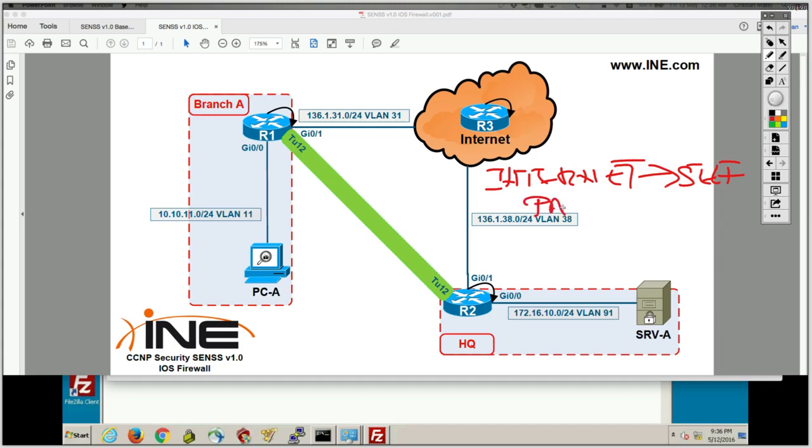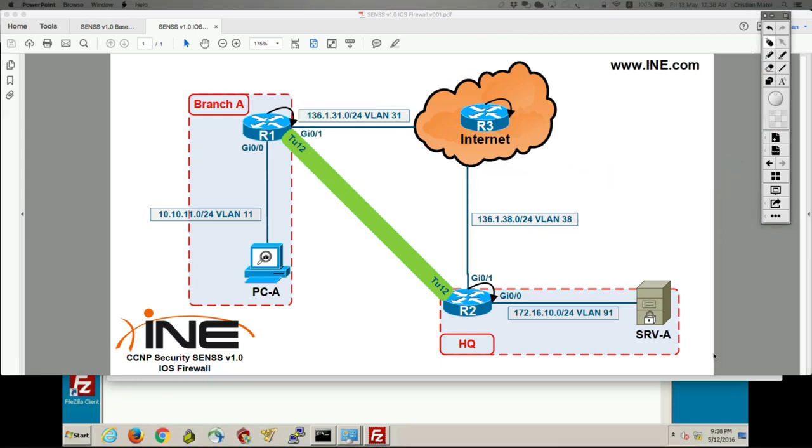I'm going to pass telnet traffic, or of course let's use SSH. So I want the router to be able to be managed from the internet and drop anything else. So I want all traffic going from the internet zone to the self zone to be dropped unless it's SSH traffic. Let's build that firewall policy.